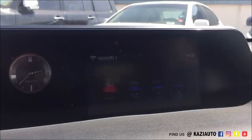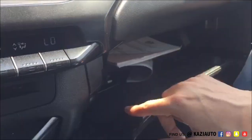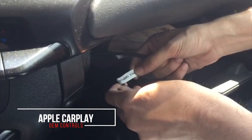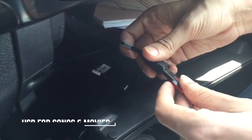So we installed two USBs here, which is one for the Apple CarPlay, and the second one is the normal USB. You can charge your phone and you can use